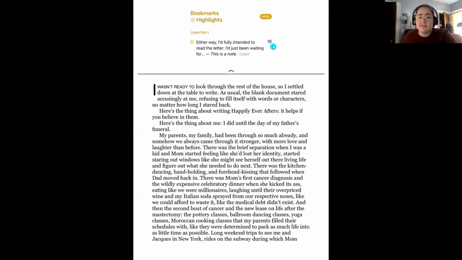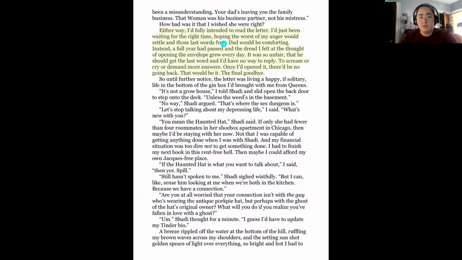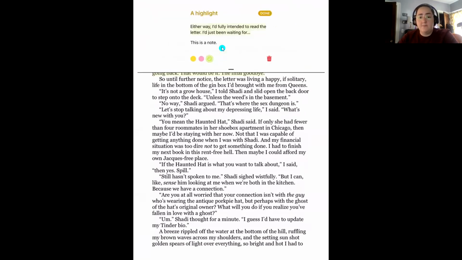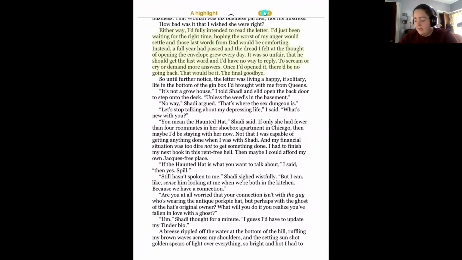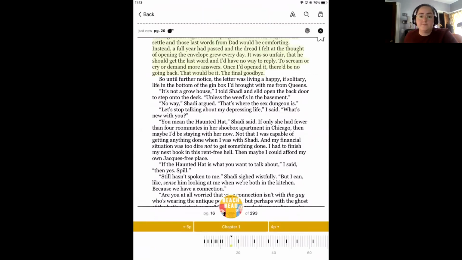And here is the note and highlight that I made. So we can tap on this highlight to reference it back. And then you'll see that if you tap on the highlight again, that will allow you to view the note as well. So I'm going to go ahead and tap on done here, and I'm going to leave this ebook